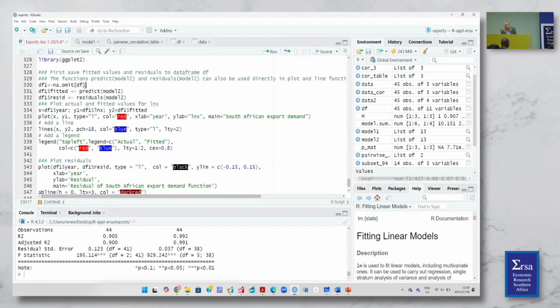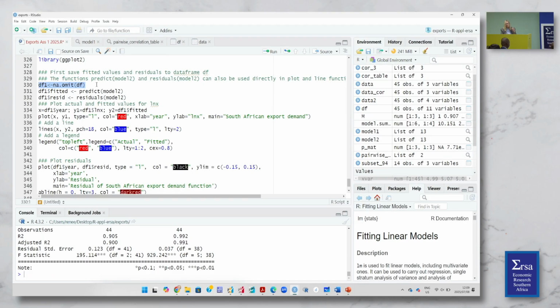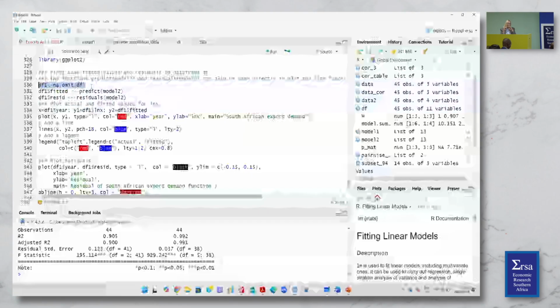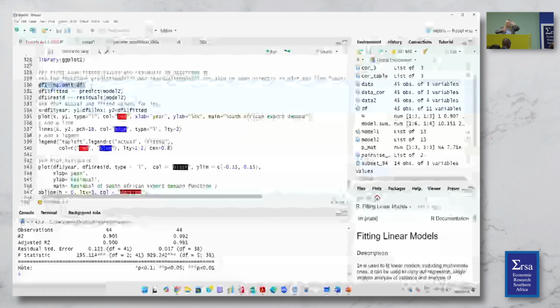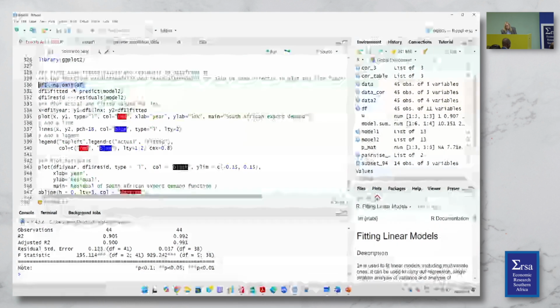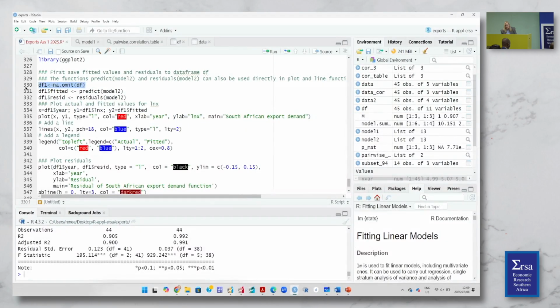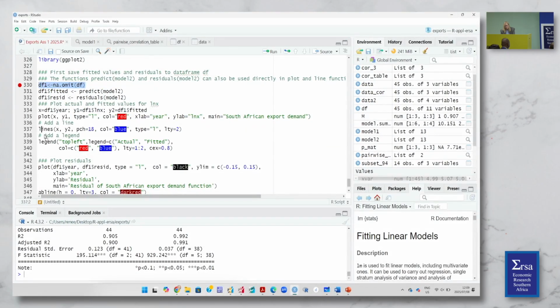I've cheated a little bit here. The fitted will not have an observation for 2024, and that then requires a few lines of code to put the variables in different data frames and combine it again. So I have cheated and just omitted that last observation. So if I then plot,